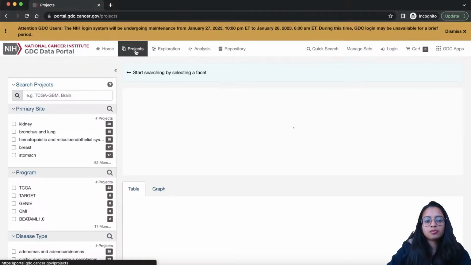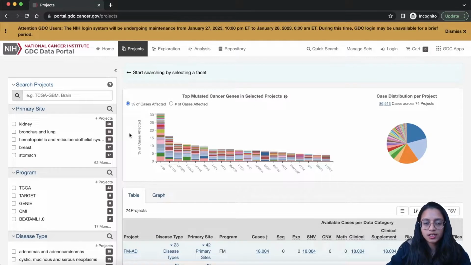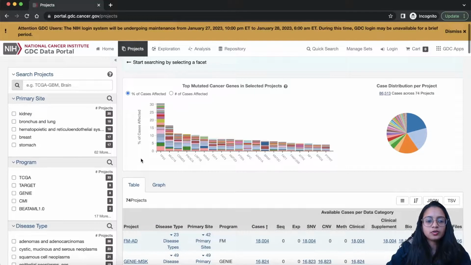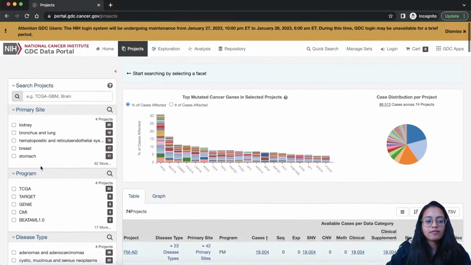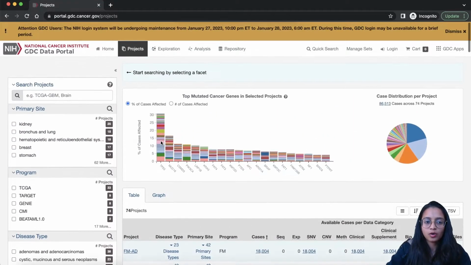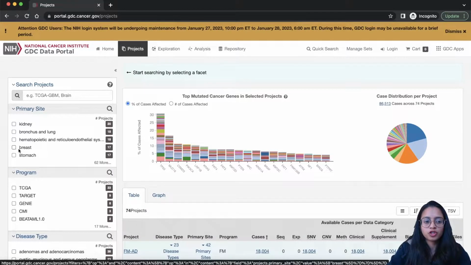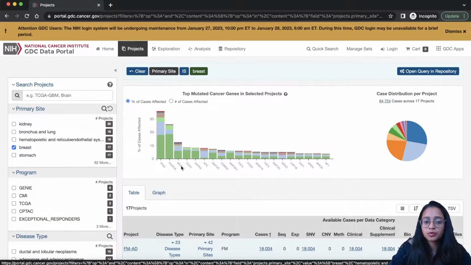The first is the projects tab, which allows you to explore the projects that are present in the GDC portal. Here you can utilize the filters on the left side of the page, and when you click on these filters, the number of cases or projects will be updated as you click. Quickly showing you that, let's say I'm interested in projects associated with breast. Basically I'm interested in breast cancers, and as soon as I click on the primary site breast,